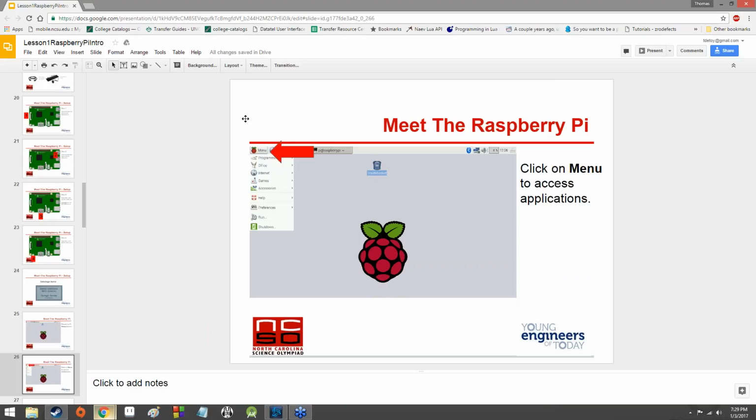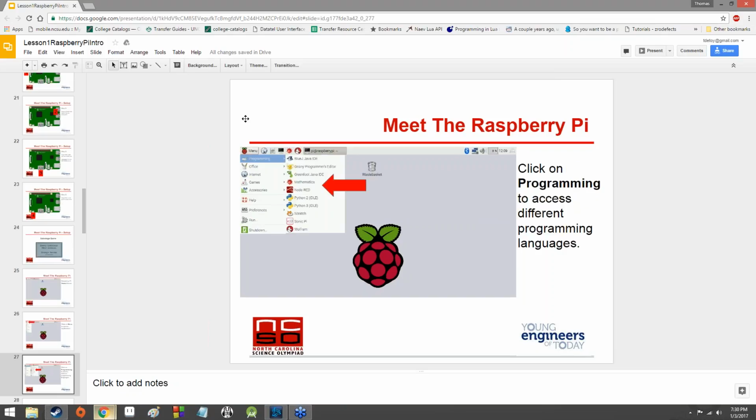Now, if you click on Menu, it will bring up a list of applications. Again, if you don't have a Raspberry Pi available right now, or it's not hooked up or whatever, don't worry about it. I'm just going over this for the academic interest. We'll probably go over it again a couple of times later on. Anyway, now, as you can see, the menu